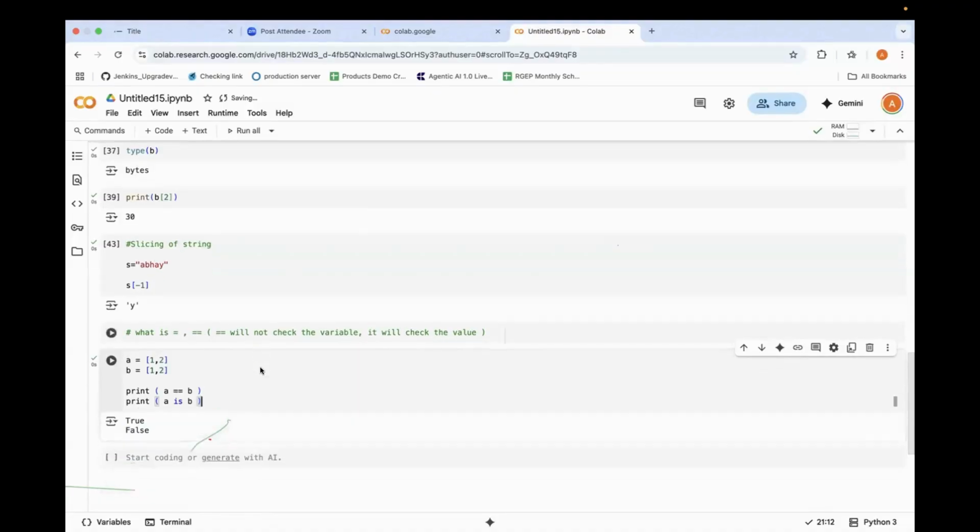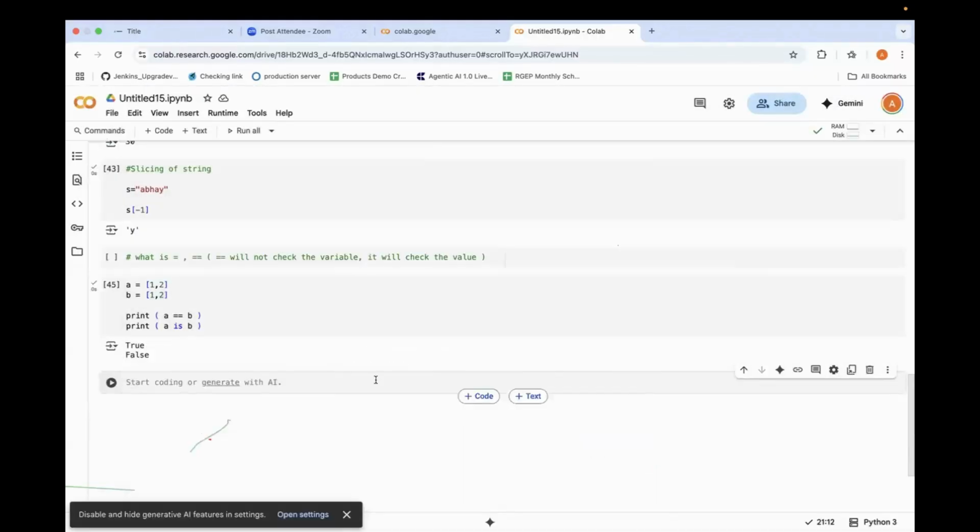So today, if I just want to summarize, we have seen variables, we have seen keywords, we have seen data types. There are still data types we have not touched: list, tuple, sets. There are many things. We have seen slicing of a string, and we have seen a basic comparison operator. There are many operators. We'll go in depth. I can't teach you everything in a first session. The only thing is basics of Python is something we want to cover.